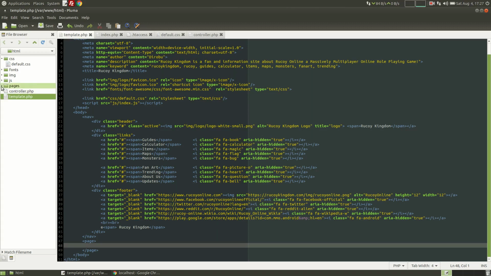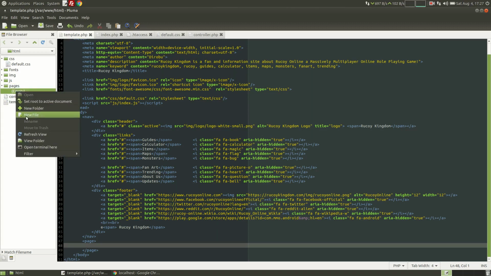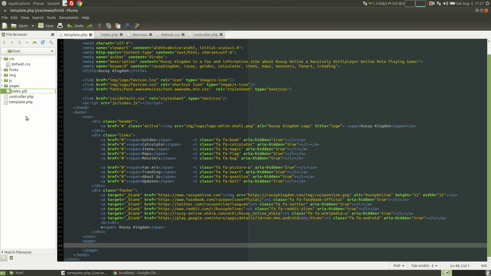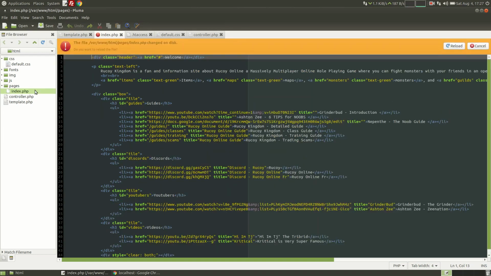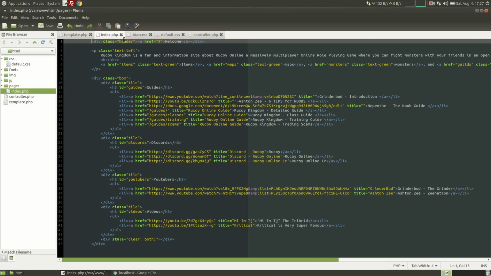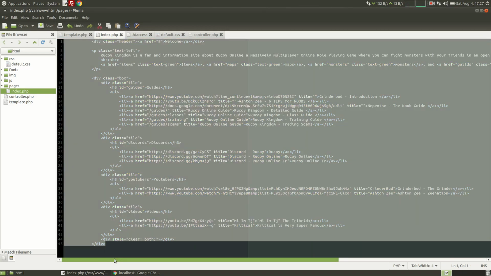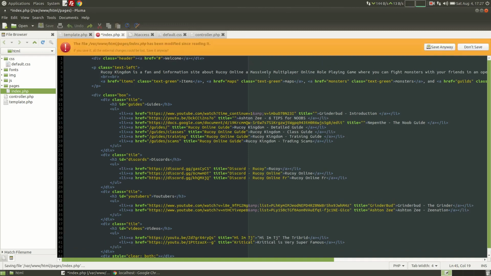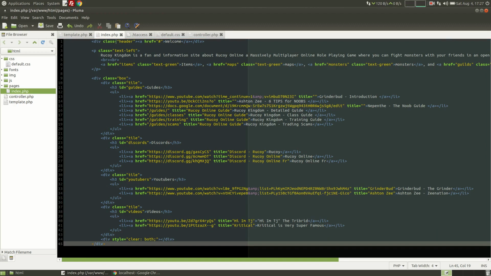In here, in our pages, we'll add index.php, since an index is the default page. And we'll save that right there. So back to our controller,